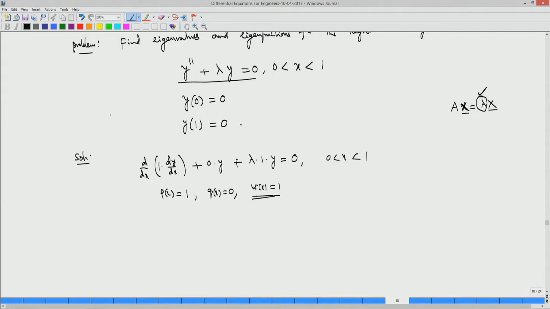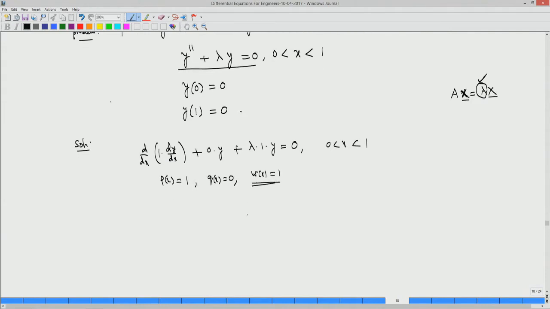The moment you see w x equal to 1, immediately you can define the dot product of any functions f and g as simply the integral from 0 to 1, that is your domain, of f x g x into w x, which is 1, okay. So, dx. So, this is your dot product. Then it is actually easy to find the